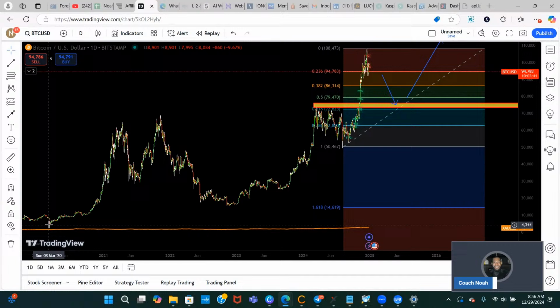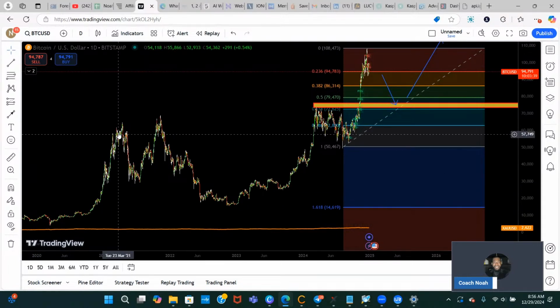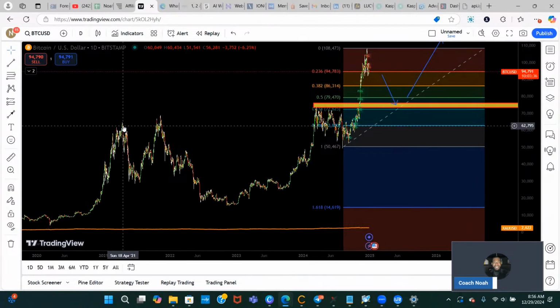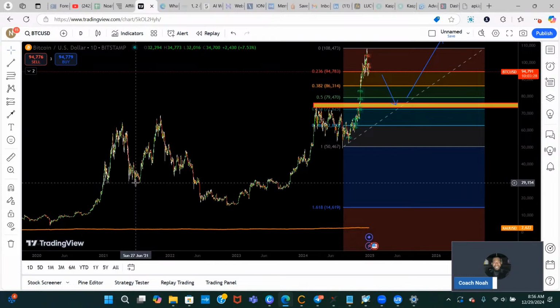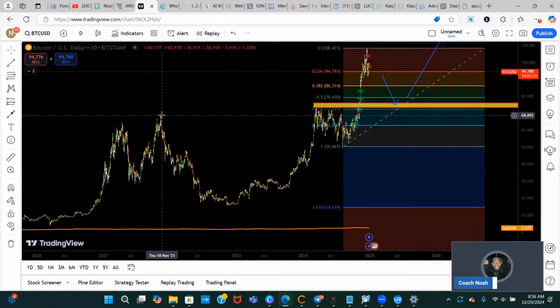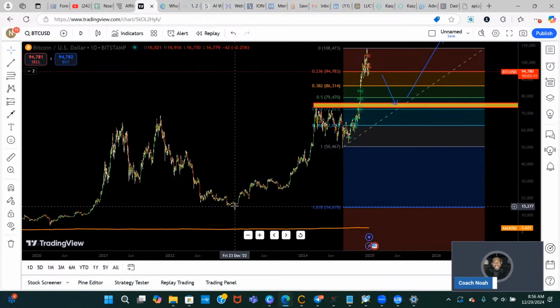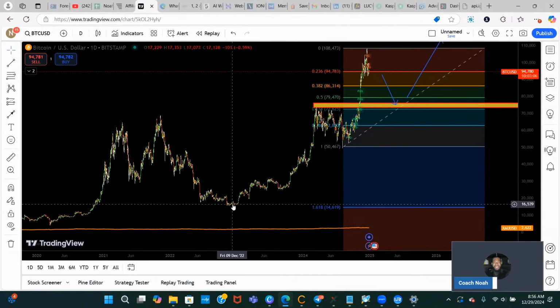All right, so just like when it was down here at 4K, it took off up to about 65K, and that was in April 2021. And then it retraced at least halfway to June 2021, then took off again, right after the 50% retracement, all the way up to about 69K. And that was November, December 2021. And then it retraced 70%. After this retracement of 70%, right here is where we're at. This was December 2022. It took off,